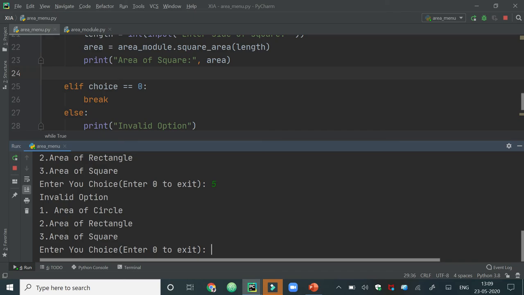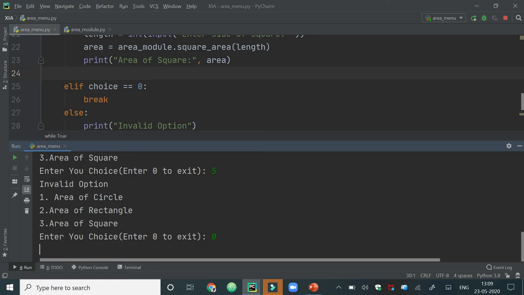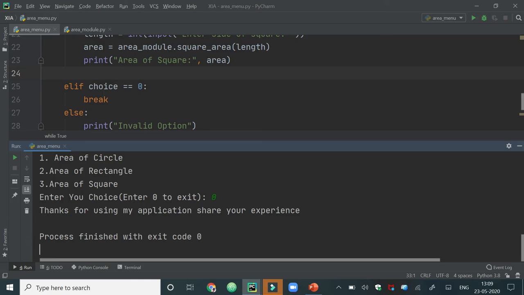If I enter 5, it will give the message invalid option and again ask the user for the choice. If this time I enter 0, as 0 is the choice to exit the loop, it will come out of the loop, and after the loop it prints the message which we have provided in the program, that is, thanks for using my application, share your experience.